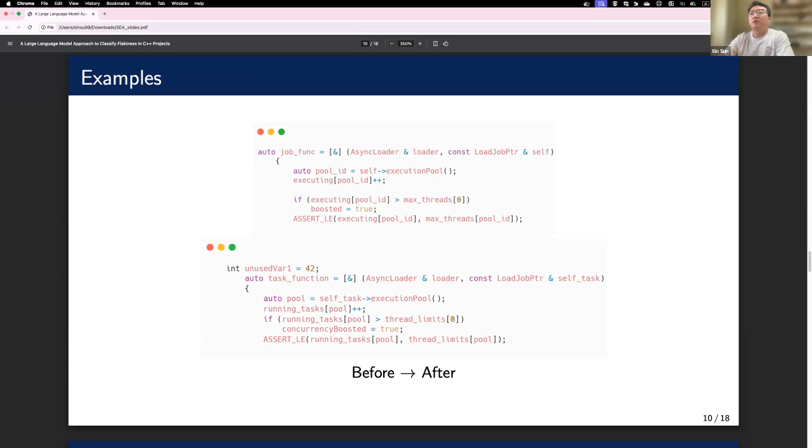The overall structure and the purpose of the code remains the same, but you can notice that the function name has changed from job func to task function, and an unusable variable has been added. So this approach increases data diversity and helps our models generalize better.